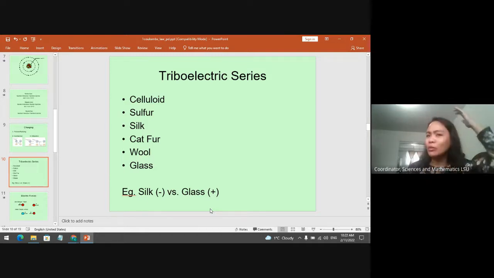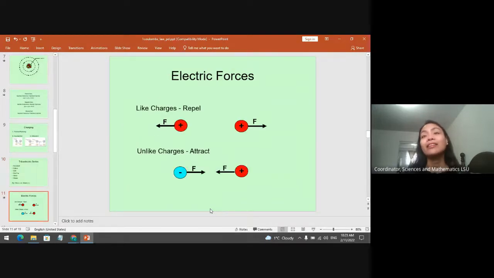Not only pen, not only hair. Another example is when you comb your hair, the comb will be electrically charged also. There are more things that you're going to do in your laboratory for module 1. You're going to rub objects together that can be found at home. With that, since there is negative and positive charge, you now create an electric force.